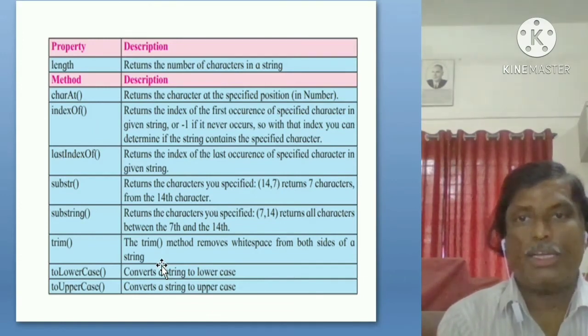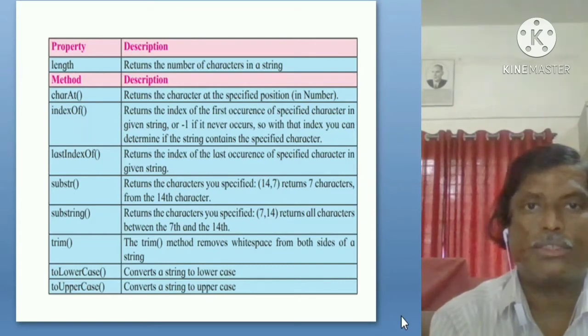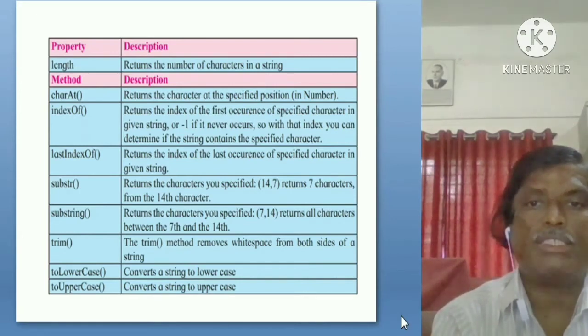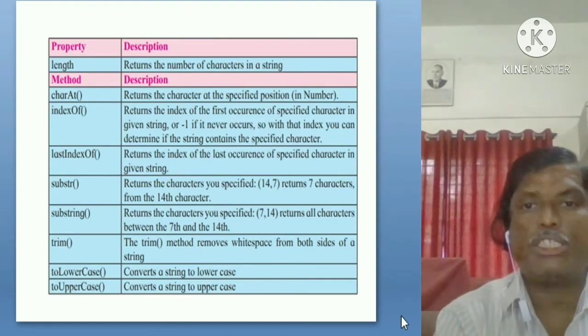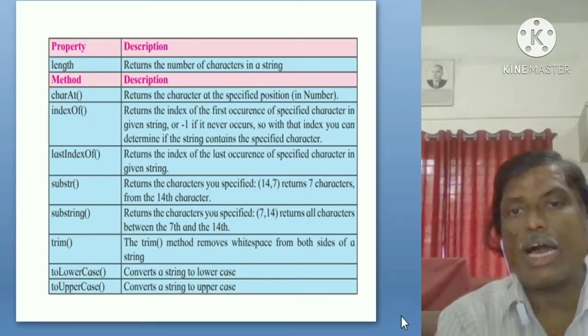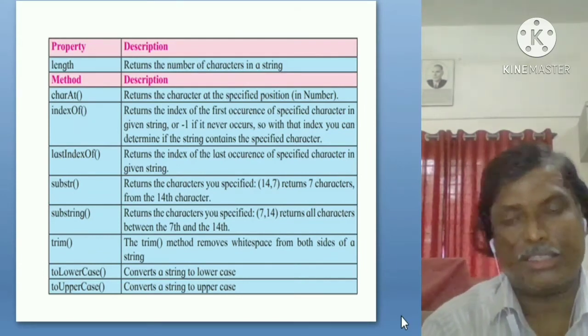Then the last two methods of the string are toLowerCase and toUpperCase. toLowerCase converts a string to lowercase, meaning it converts all the characters of the provided string into lowercase alphabets, and the toUpperCase method will convert the string to uppercase characters.